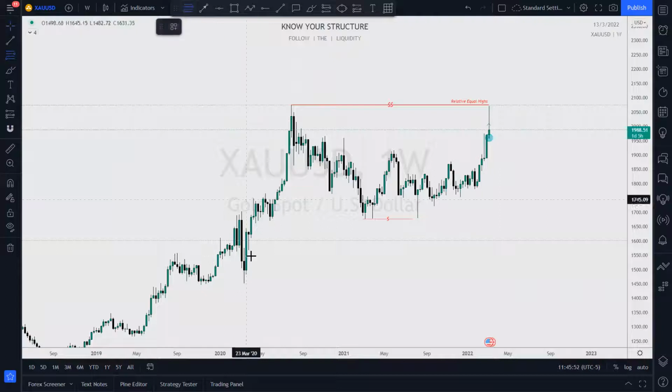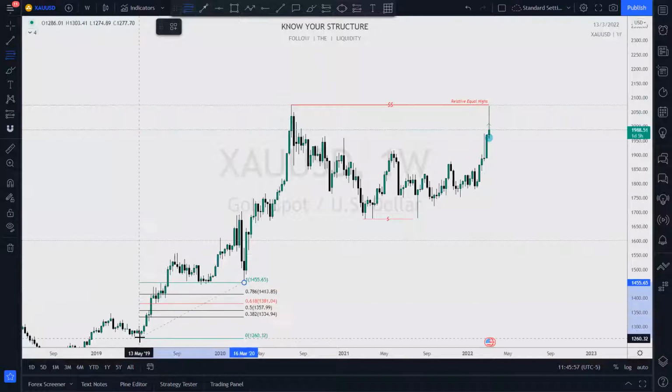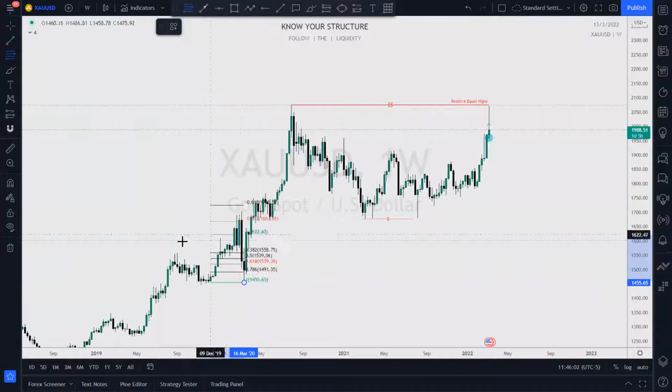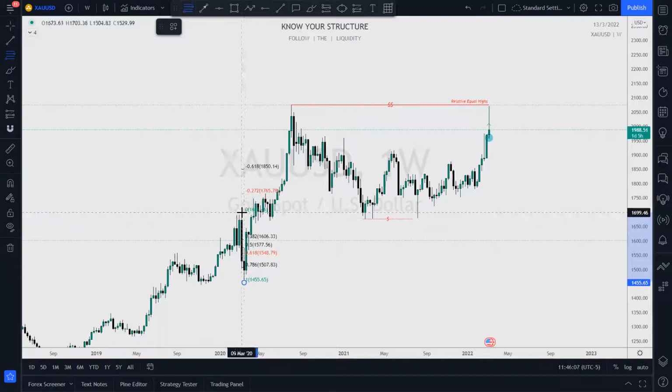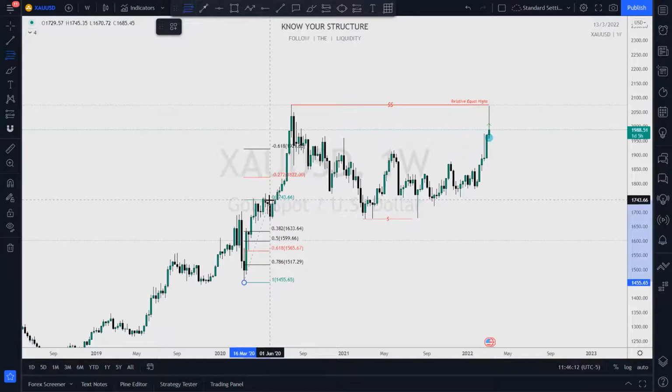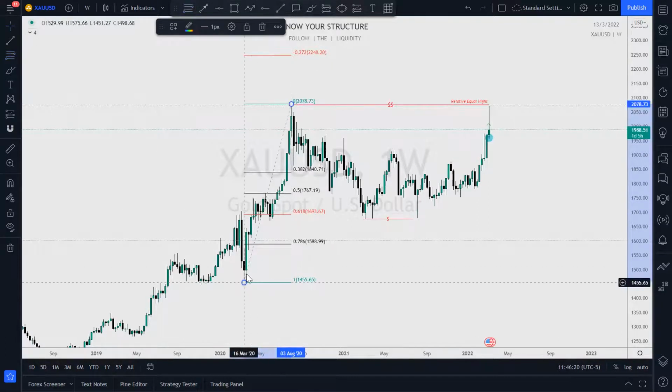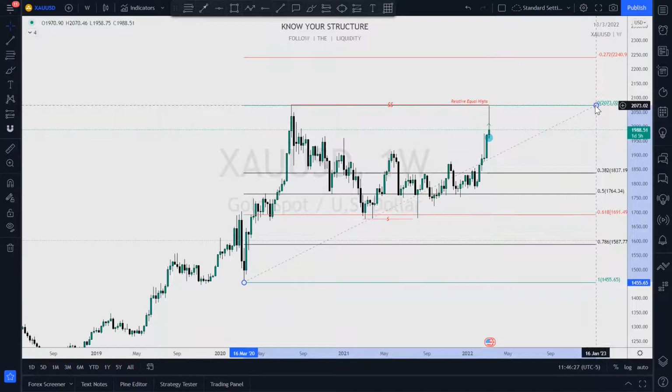And what I like to do is, when I see those structure points, a low, this is a higher low because from here to here, it's a higher high. And we break that high here, right? And we come up here, make this higher high point. We pull back for a higher low, and then we break this high coming up. All right, so I'm looking at from here to here as my new trading range, from the higher low to the higher high. Stretch it across, and you can see